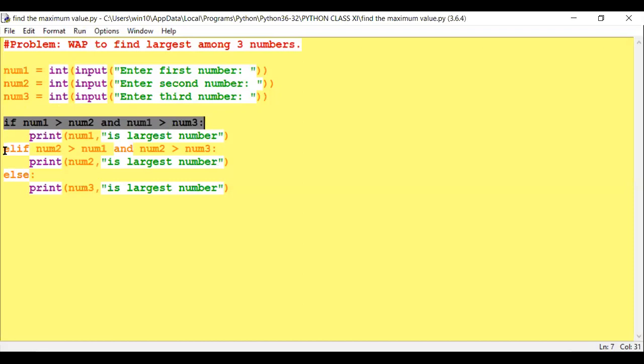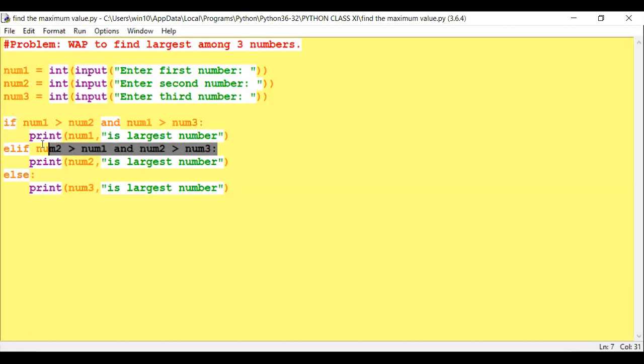In the second line it will check elif num2. Num2 greater than num1 and num2 greater than num3. Num2 will be compared with num1 and with num3.